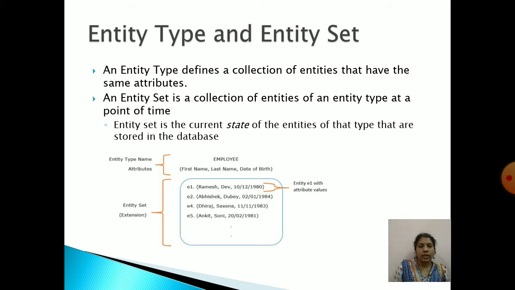Are you getting? So the instances at any moment in the database which represents a particular entity type will be called as entity set. It's a collection of entities. So here E1, E2, E4, E5, this is the collection of entities of employee, 4 employees, right? So this will be called as entity set.